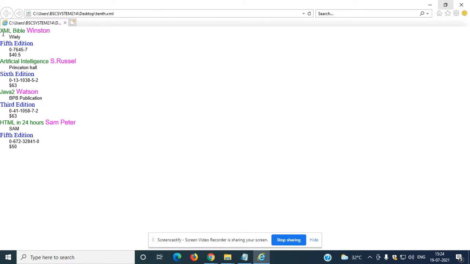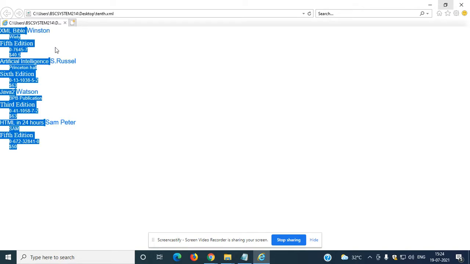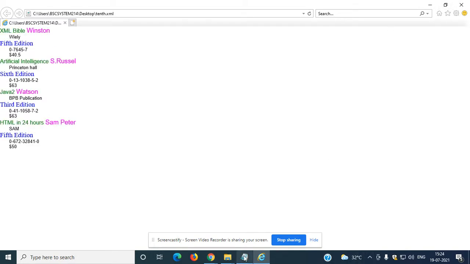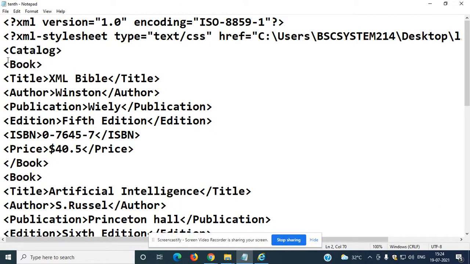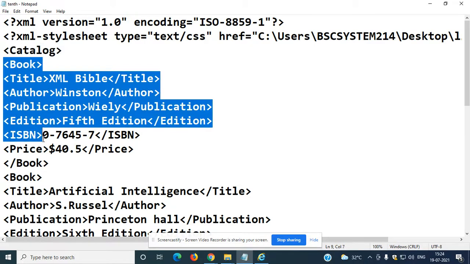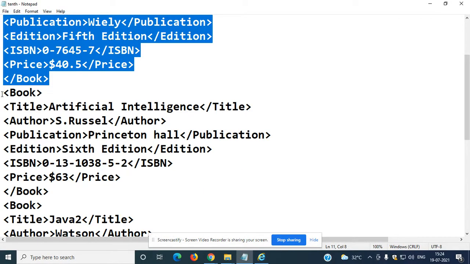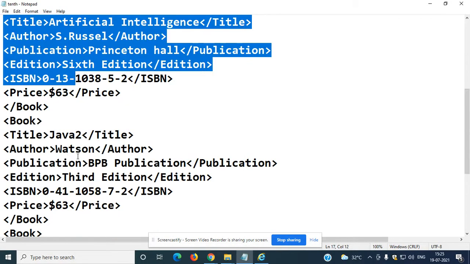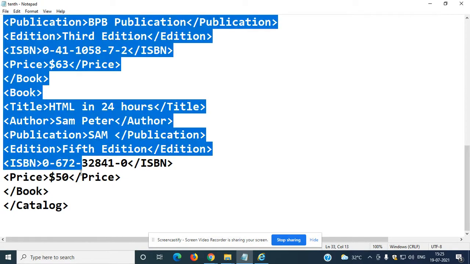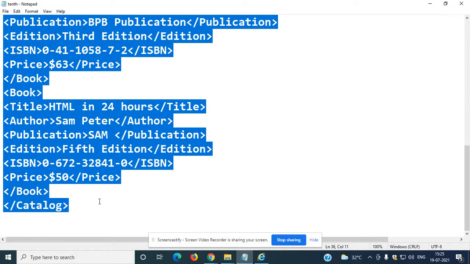So you can easily identify which type of style has been given in the code, and as per that, how the output has appeared. For book, title, author, publication, edition, catalog style has been given. For book details, if you observe, catalog has been given.